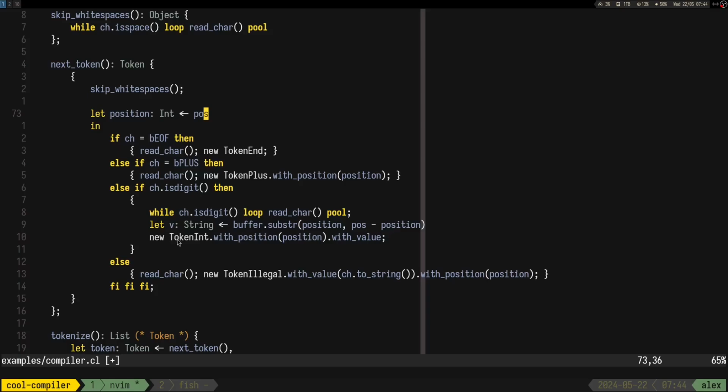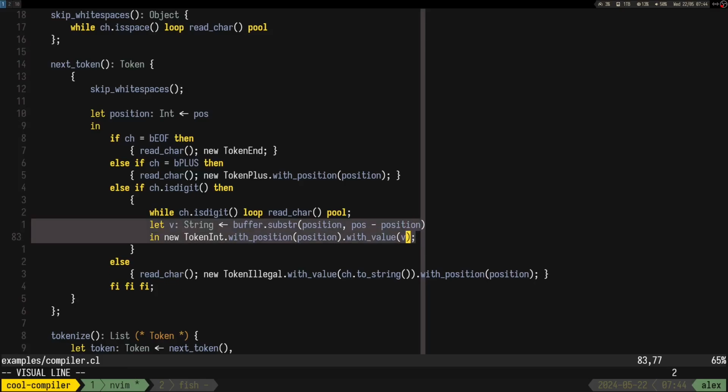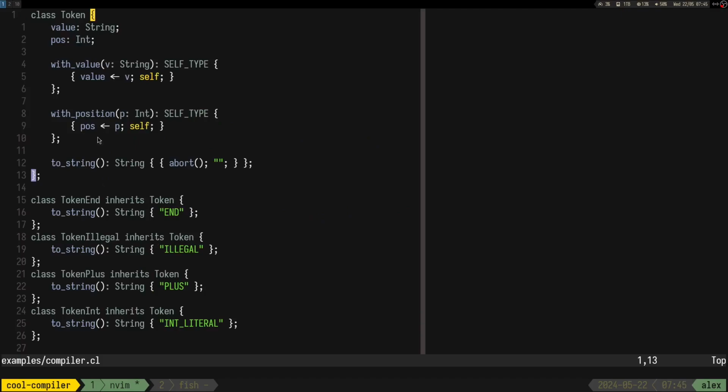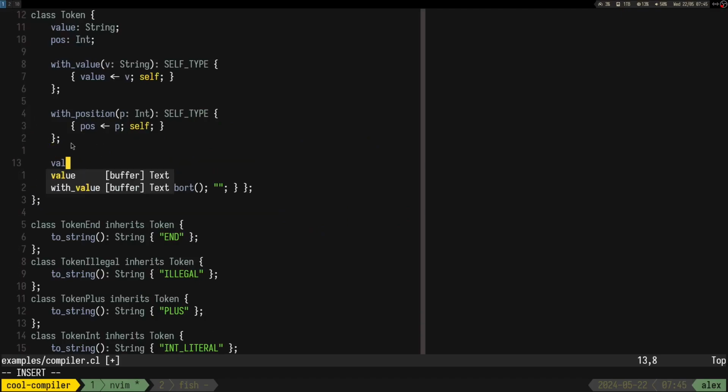Position minus position. With value v. So I think that's it. And I said that we might need here a value function that returns value.